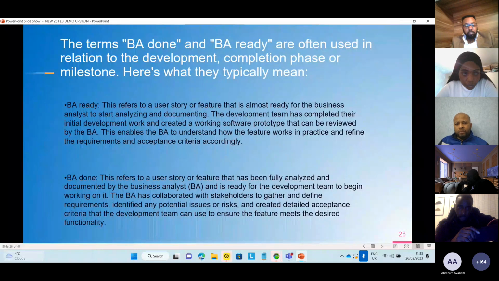Next slide, please. So the BAs are already done. Basically, for a feature or user story to be considered ready, it must be able to pass its acceptance criteria. The product owner has reviewed and approved the story. The story must have been refined. UX design must have been done appropriately.